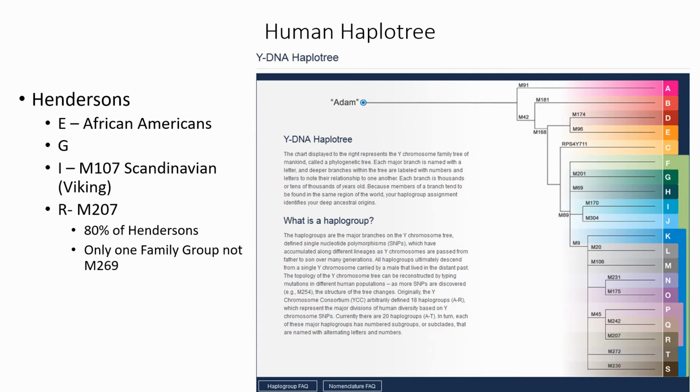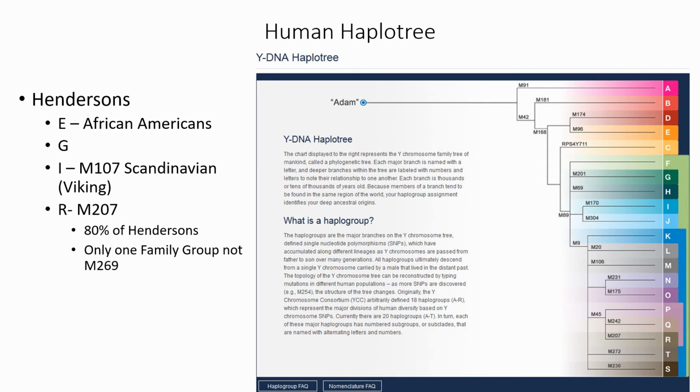So within the Henderson project, we've identified 5 haplogroups that are present. One is not shown here. We have some Hendersons that have the E haplogroup, and these are Hendersons of African American lineage. We have just a small number of G haplogroup individuals, a small number of J haplogroup individuals. About 20% or a little bit less of the Hendersons that have been tested so far fall in the I haplogroup. This group carries the M107 mutation,